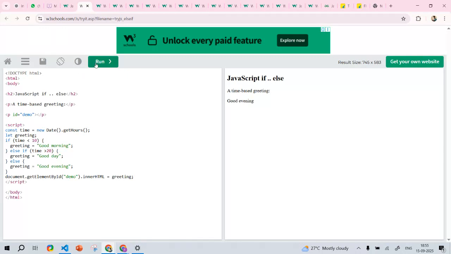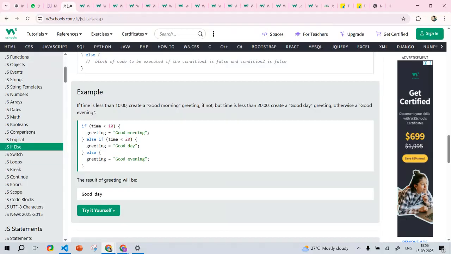If you are running, it directly goes for the good evening because both conditions fail. If the condition becomes false, it gives the good morning. If both conditions fail, it goes for the else condition. It has to satisfy the if and else if conditions. And also, if you go for another one,